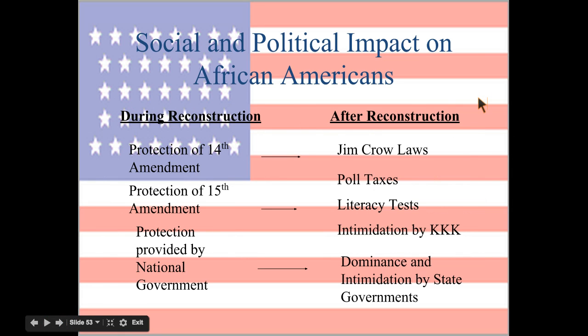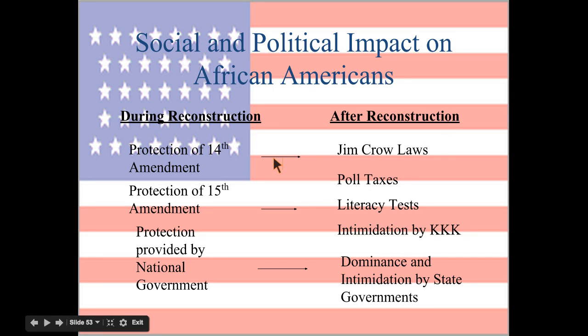The social and political impact on African Americans. So now that Reconstruction is ending in the South, African Americans are no longer going to be protected like they were. For example, the 14th Amendment had been passed. If you think 13th, 14th, and 15th, free men vote. So the 14th gave them equal protection and citizenship. In response, to prevent them from having this equal protection or citizenship, the South, after Reconstruction, is going to pass Jim Crow laws. Jim Crow laws were just those laws that were passed to limit the rights of African Americans. So things that segregated them, things that prevented them from voting.